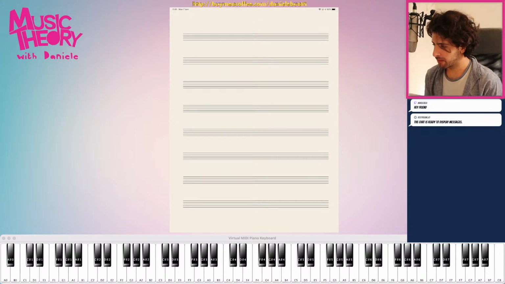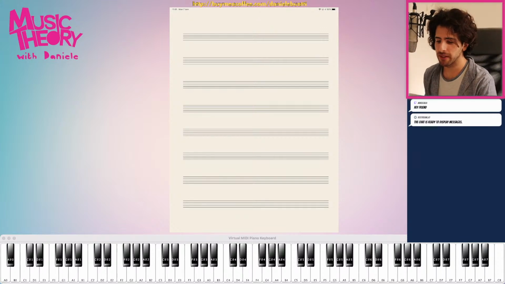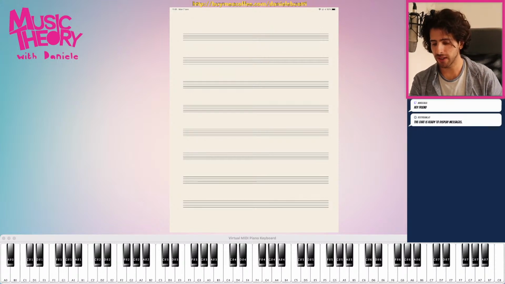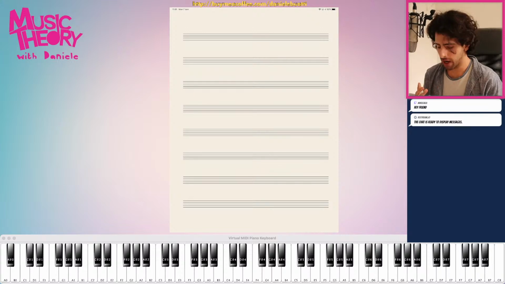Does that also count for keys that are represented with flats instead of sharps? No, flats have a different one. But does that make sense with the sharps? I'll try to find some more examples. You take the last remaining sharp in the list. In this case, it's F, C, and G. I raise the G sharp, and it becomes A. Therefore, I'm in A major, without really taking into account the actual composition.